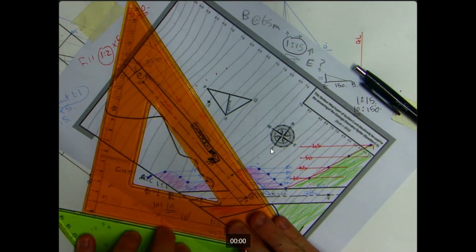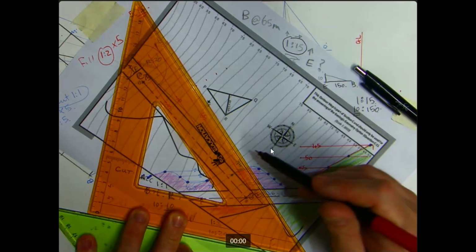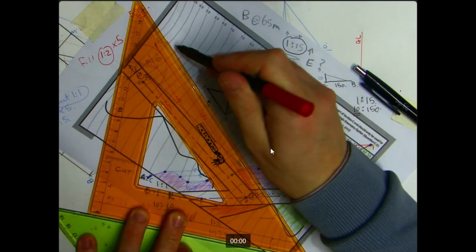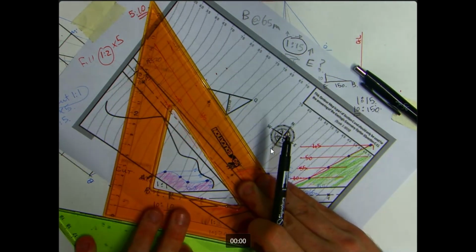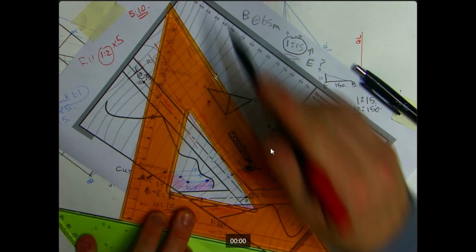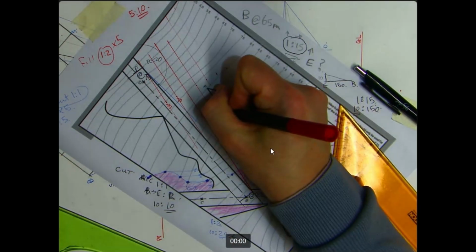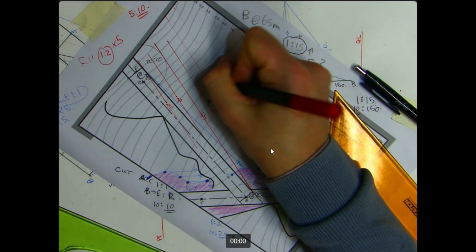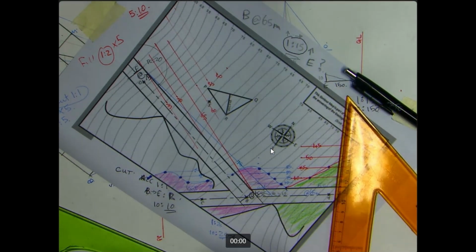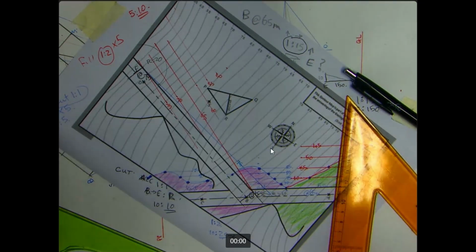Keep going with my red parallel lines and my numbers are now reducing. So this is going to be associated with the 60 contour. This is going to be associated with the 55 contour. This is going to be associated with the 50 contour. And there's no 45, so I don't need to put them in. So that's 60, 55, 50, and I don't need my next one. And all I need to do now is put in my dots where those numbered red lines meet the numbered